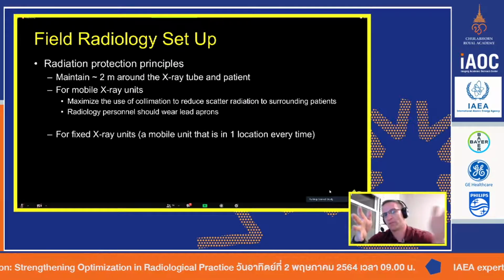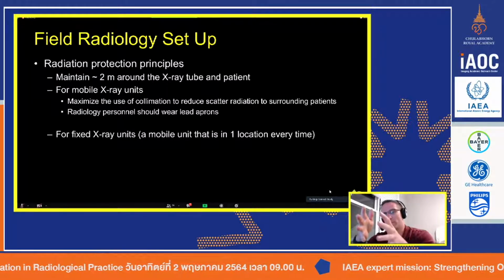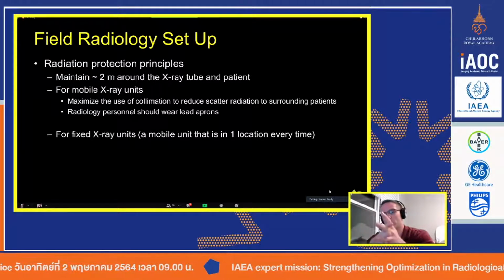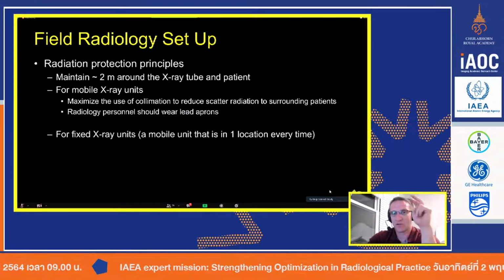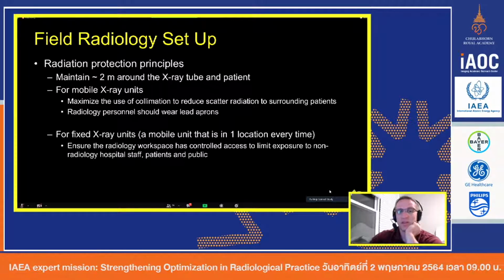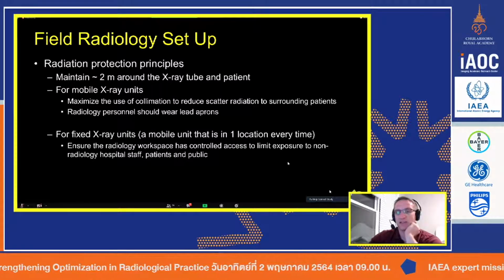And they would bring the patients either on wheelchair or in their bed up to that location, up to a wall. They would image through, and then the patient would leave. So we're talking about a quote unquote fixed unit, even though it's a mobile system. So what you want to do is, first of all, you need to make sure the access to that room